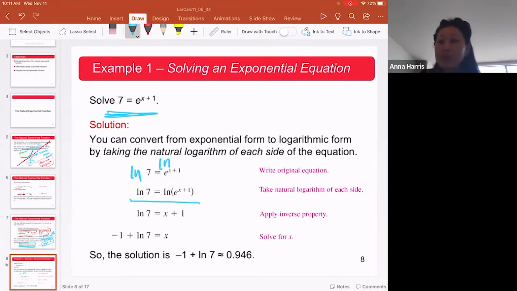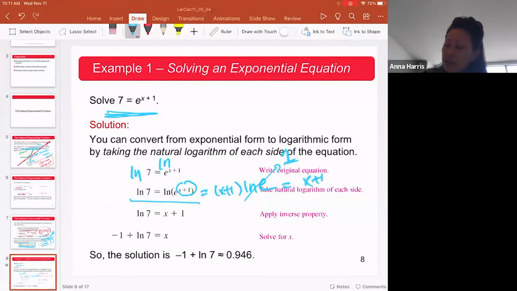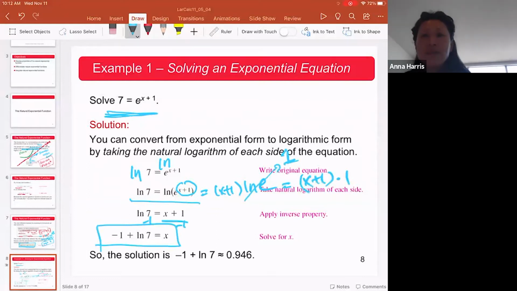All right, because this is an exponent, I can put that in the front of the natural log like that. Then you know natural log of e is the same as 1. So I just have x plus 1 times 1, which is the same as this. All right. So now you subtract 1 here and 1 here, then you get this. X is equal to negative 1 plus natural log of 7. So when you put that in your calculator, that is equal to